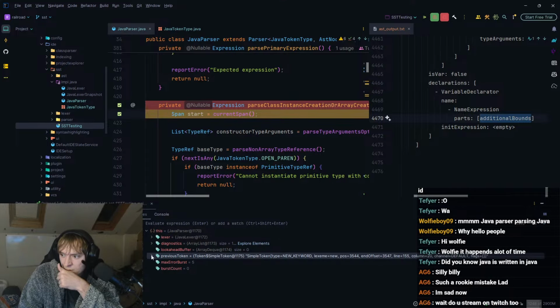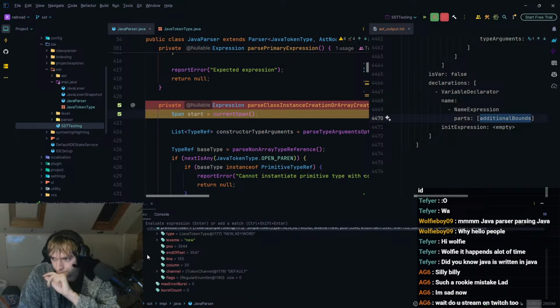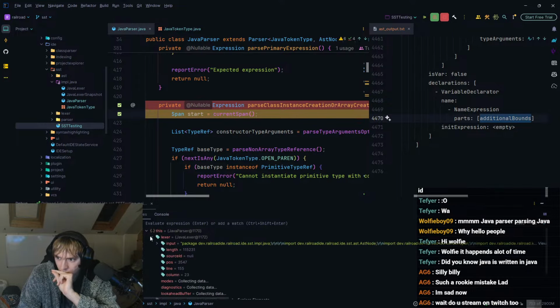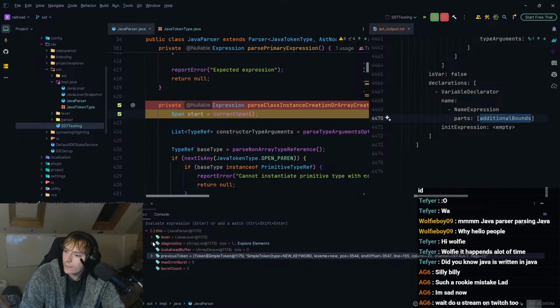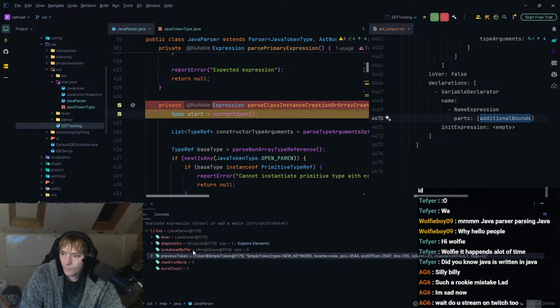So if we look at previous token. I'm a little bit suspicious of this diagnostic though. It's expected semicolon. I don't know why that's happened. Somewhere I must be trying to consume a semicolon when it's already consumed or something. I suspect that's all it is. So previous token is new, which makes sense.